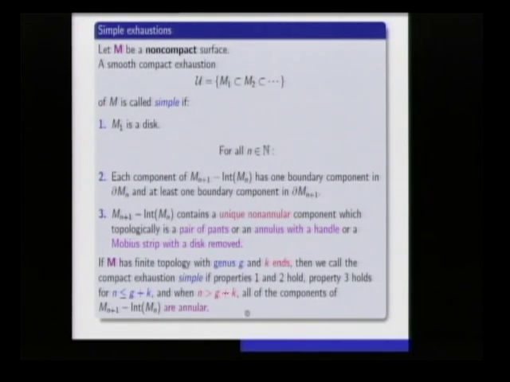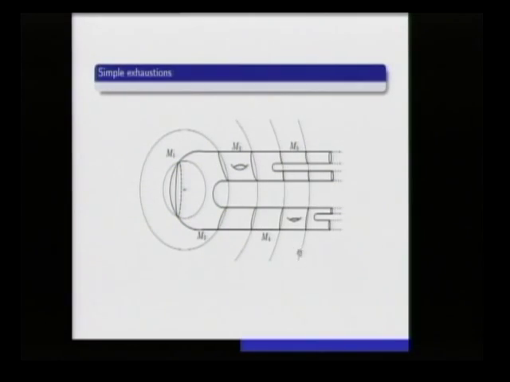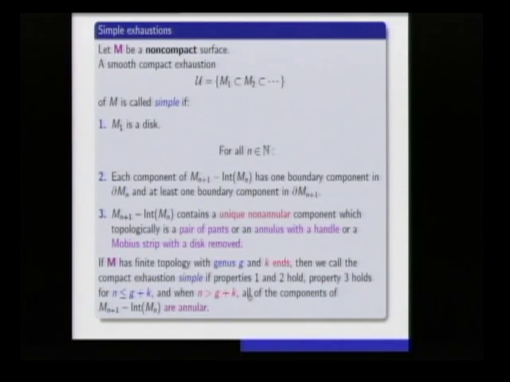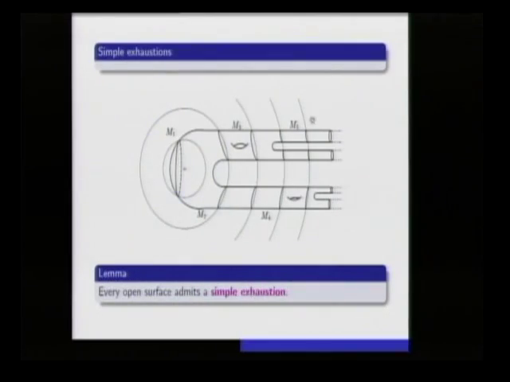And of course, if you have finite topology, that means somehow this process is finite, then at some point nothing interesting happens. So if I have finite topology, it means at some point everything is not interesting. I still have these compact cylinders, but just nothing happens. It's just cylinder, cylinder, cylinder, forever and ever. It's just not interesting topologically. But they're still there, and I still have the exhaustion. So that's what this is about. Other than that, it's just that picture. And then we have the theorem that every surface has that.